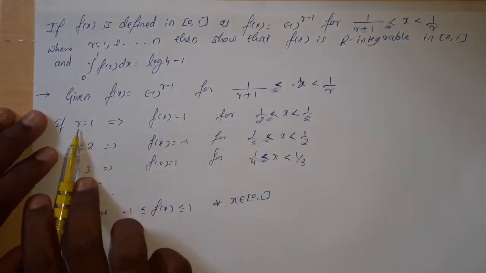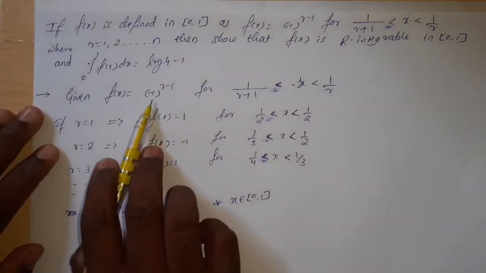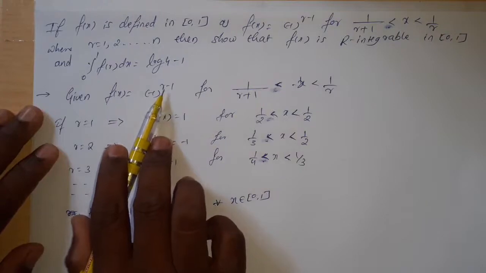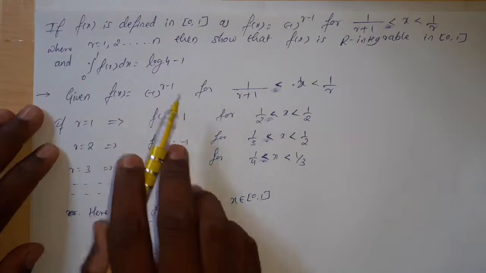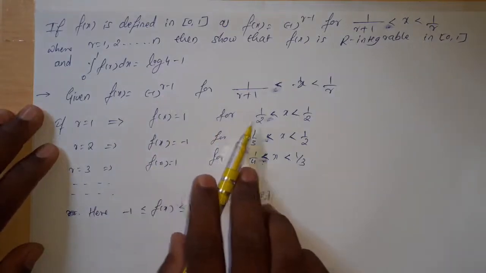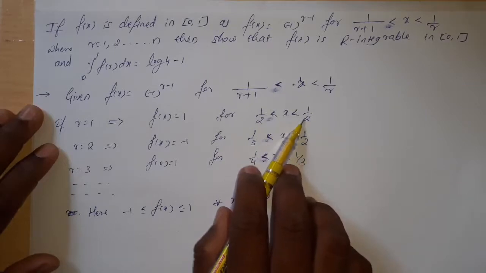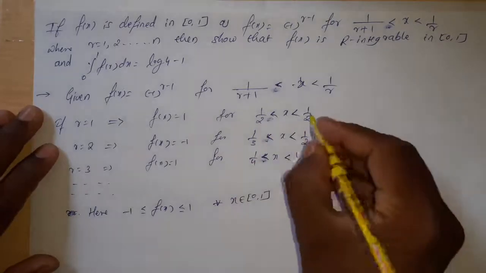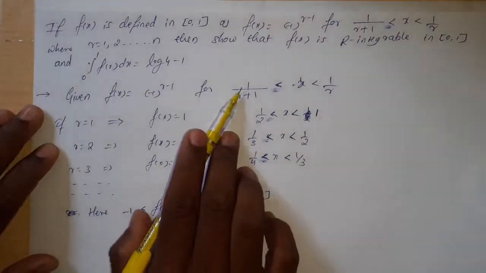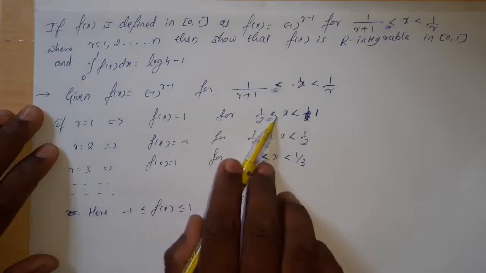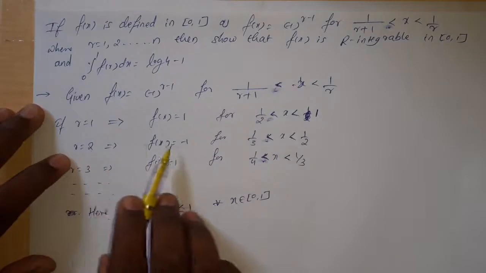So here for r equal to 1, f of x is equal to 1, because here f of x equal to (minus 1) whole power r minus 1, and if you substitute r equal to 1, this becomes (minus 1) whole power 0, that is equal to 1, that is for 1 by 2 less than x less than 1. So here this is 1, because r is equal to 1, so 1 by 1 plus 1, that is 1 by 2 less than x less than 1 by 1, that is 1,